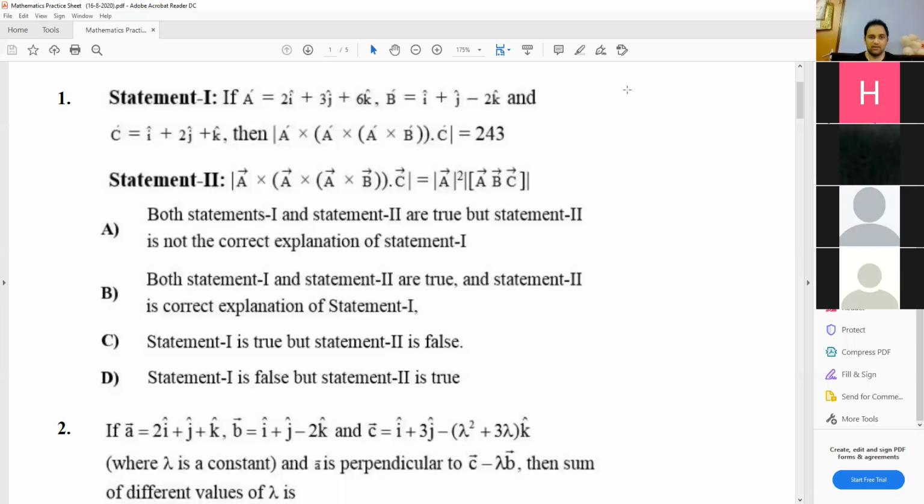So vector triple product formula. As I have said, whenever you have more than 4 vectors, तो क्या करेंगे? For a moment A cross B को U assume कर लो. ठीक है, assume this as a vector U and then apply the formula of vector triple product, and then U को A cross B substitute करके वापस से back substitute कर लो. So when you solve, the mod of this whole thing will actually come out to be 343 rather than 243. So the statement 1 is false and therefore D becomes the answer.